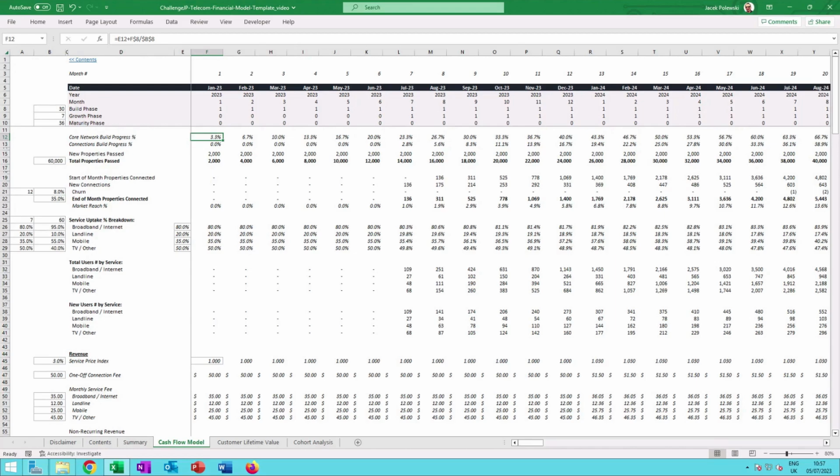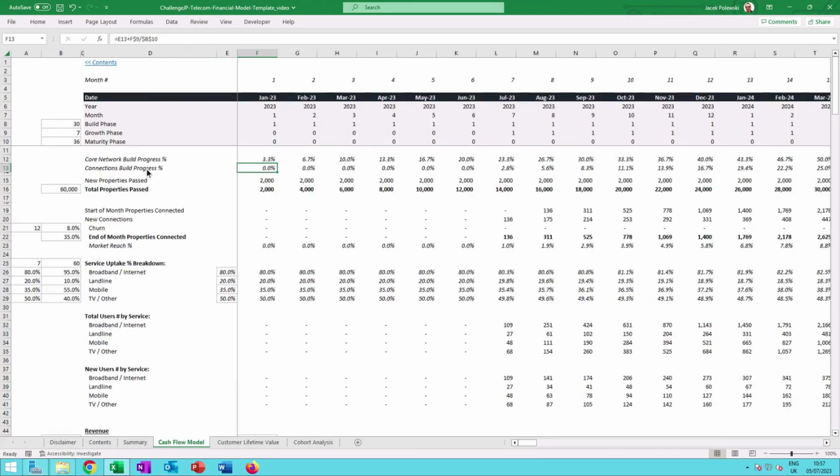Those numbers will influence your capital expenses, so your build costs, which will be calculated later. But you can see the progress of the core network build in here, and then you will see another line called network connection build progress, which is just the number of connections, or your progress in terms of the connections that you're making towards the target that you want to achieve. Okay, so you'll see later on here, for example, we want to connect 35% of our